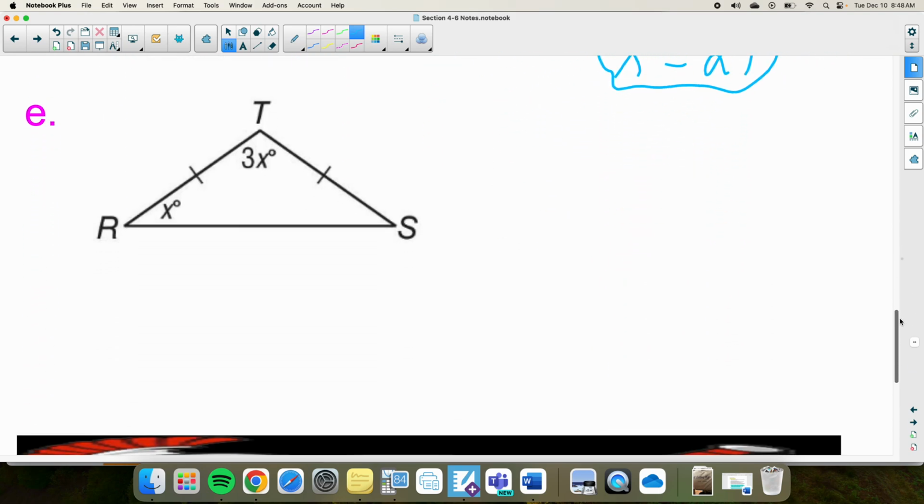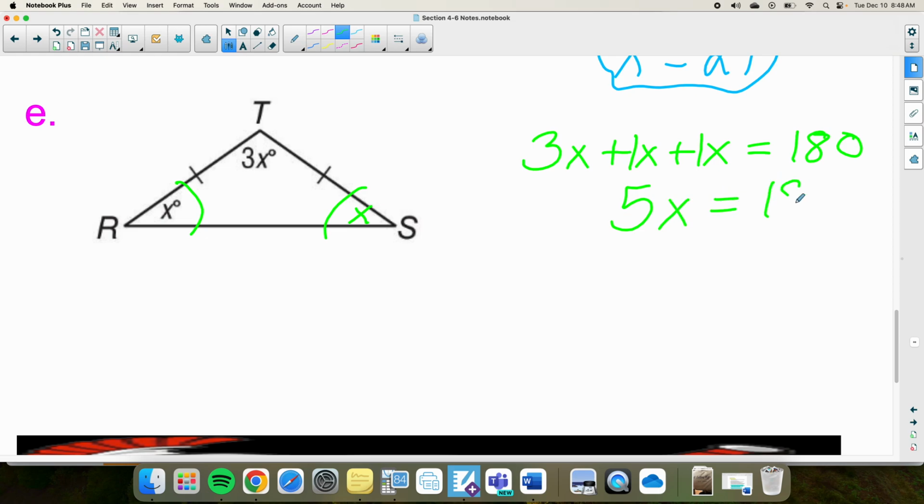Now if we look at E, do I know what I could call this angle? X. If these two sides are equal, these two angles are equal, so that's x. Then if I go 3x plus x, what should it equal? 180. So 3x plus 1x is 5x equals 180. Divide by 5, and x is